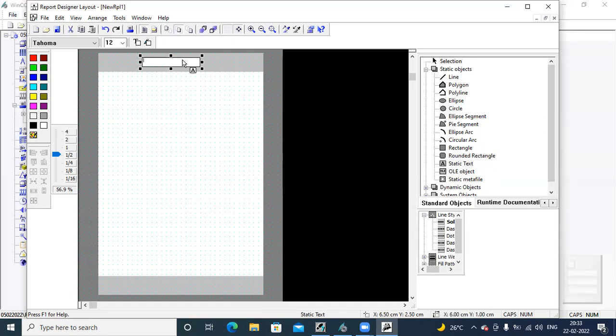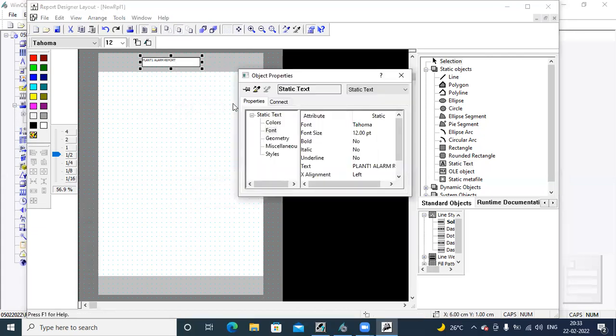For example, I want the same thing like plant one alarm report. So this should come on all the pages. From this report generate, report onwards. So go to this report content window.